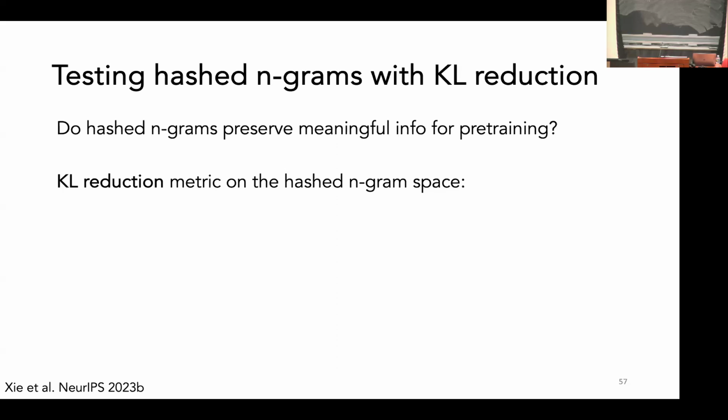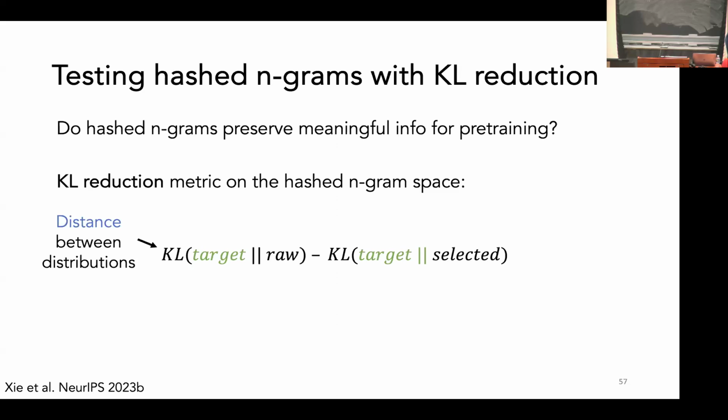To test this, we came up with a metric called Kullback-Leibler or KL reduction, which is a metric defined on the hashed n-gram space itself. We define it as a difference between two Kullback-Leibler or KL divergences, which measure the distance between distributions. The first KL divergence is between the target and the raw distribution, which is typically large.